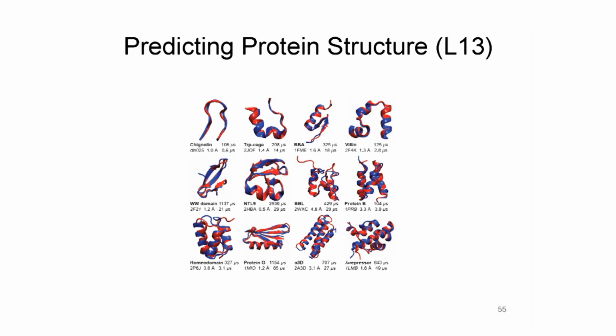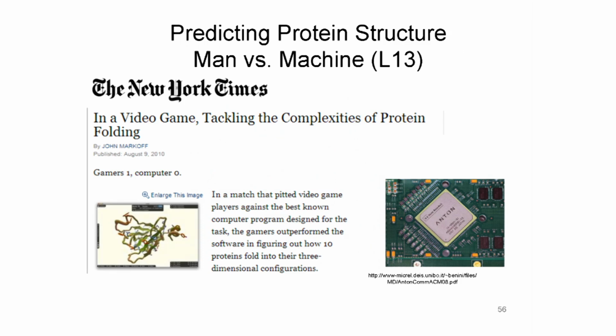So this slide shows, for example, I don't know which one's which, but in blue, perhaps prediction, in red, the true structure, or the other way around, but you can see it doesn't matter very much. We're getting extremely accurate predictions of small protein structure. There are a variety of approaches here that live on a spectrum. On the one hand, there's the computational approach that tries to make special purpose hardware to carry out the calculations for protein structure, and that's been wildly successful. On the other extreme, there's been the crowdsourcing approach to have gamers try to predict protein structure, and that turns out to be successful, and there are a lot of interesting computational approaches in the middle as well, and so we'll explore some of these different strategies.